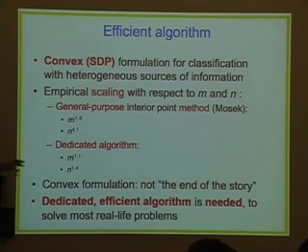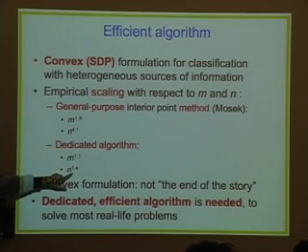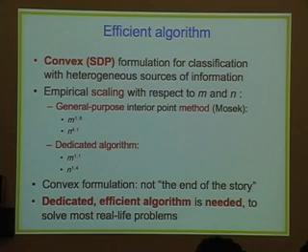Okay. So what we did then is we dedicated a lot of time to look for an algorithm which is actually more efficient here. It is based on a similar line of research to what John Platt did with sequential minimal optimization, but also joined with non-smooth optimization, because the big problem here is that this problem is much harder to deal with in an SMO setting than a regular SVM problem, because this one is non-smooth while the SVM one is smooth. But joining these two lines of research, we can come up with an algorithm that actually scales between linear and quadratically in the number of data points here.